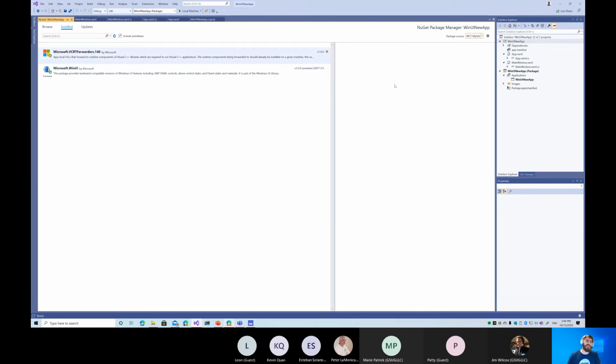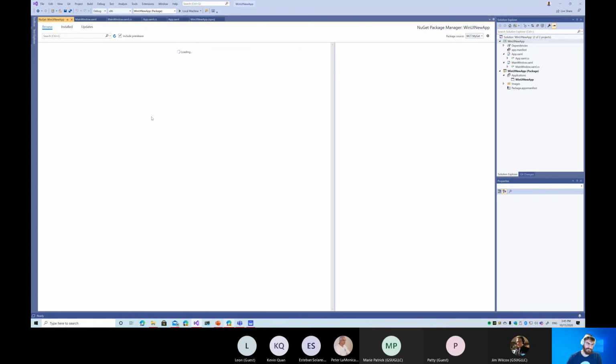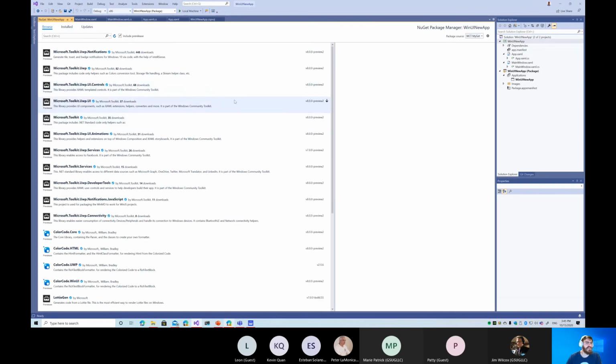It's just a different feed that you have to configure, or use a NuGet.config file. All the instructions are on our GitHub page, so it's very straightforward to add this. But once you do that and you check include pre-release, if you browse through everything that is inside this feed, you see that we have the